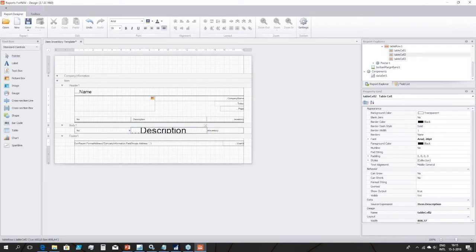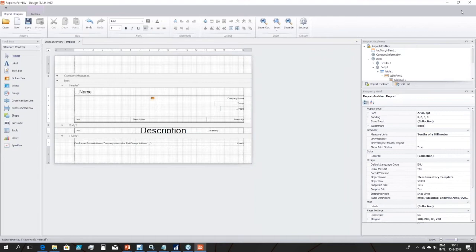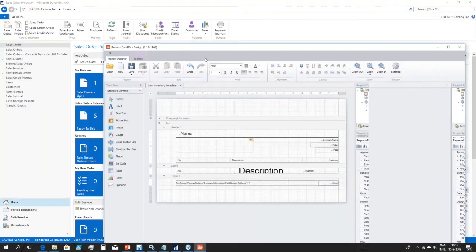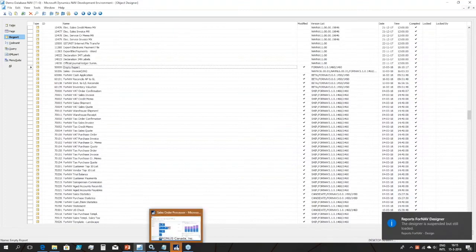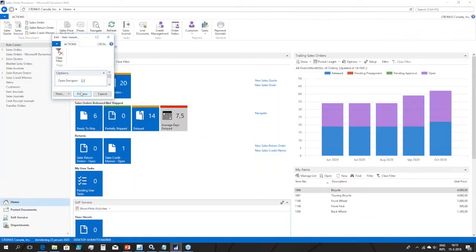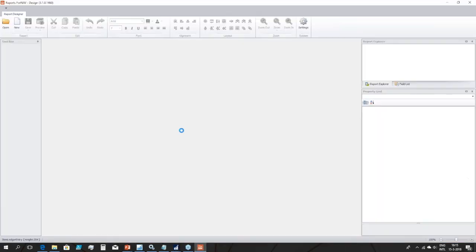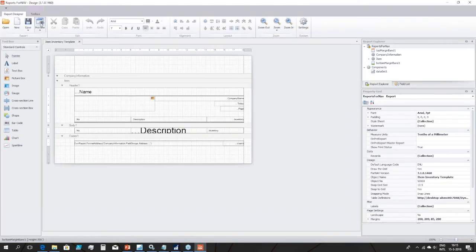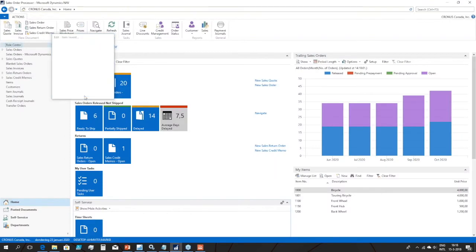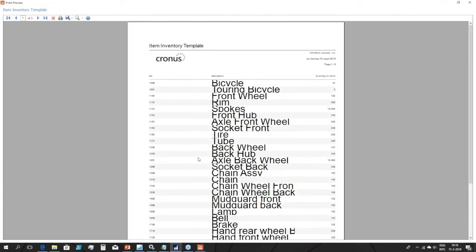It already looks ugly. And again, I'm going to save it to the database, override the report that I've just created, and close the designer, run the report from C-side, and create the connection to the .NET backend. So now I can preview my report, and I can make changes to the report all I want without having to save it. And you can see that this looks darn ugly,